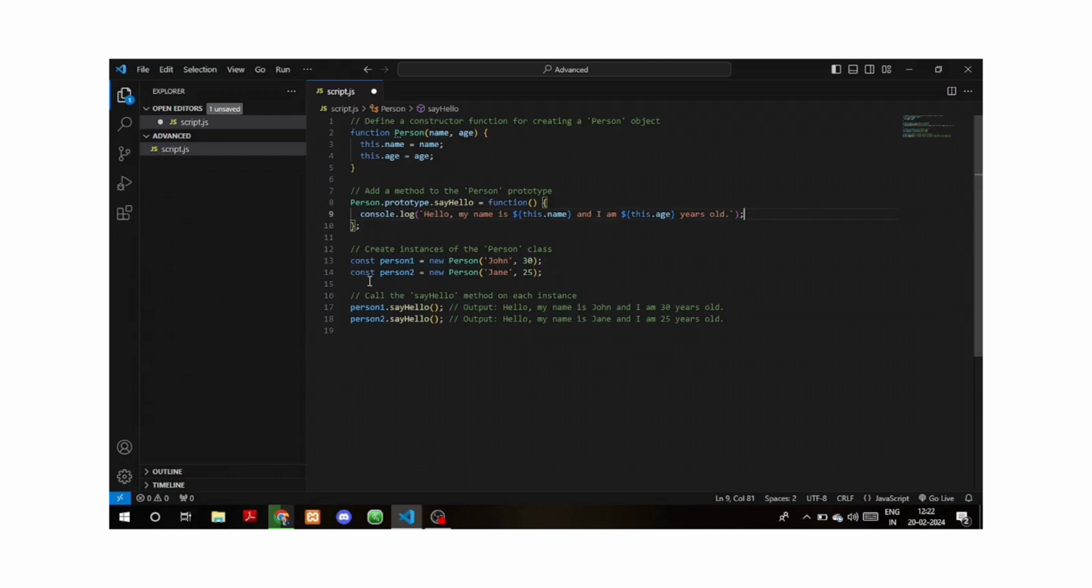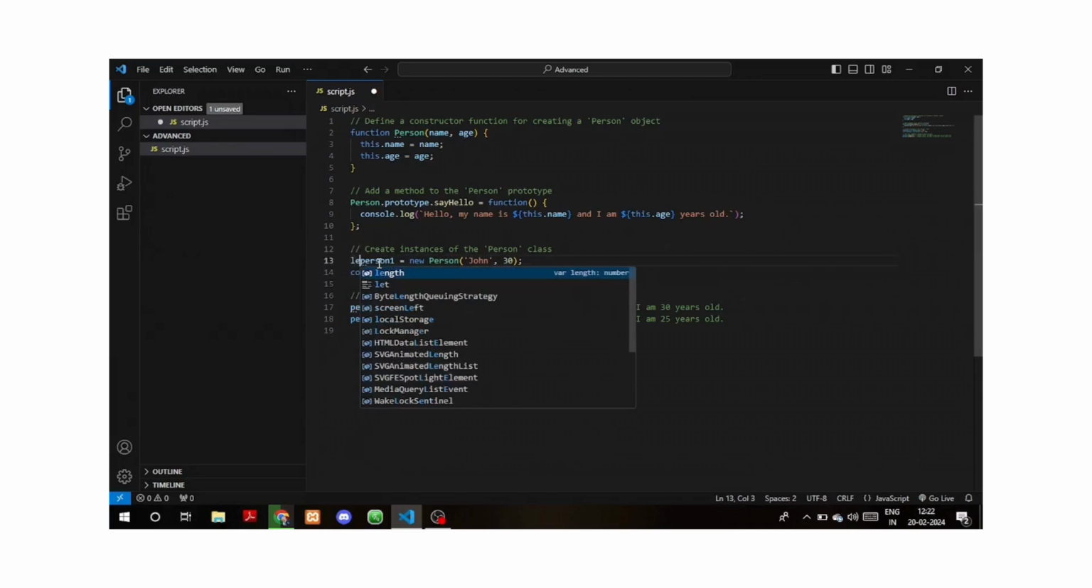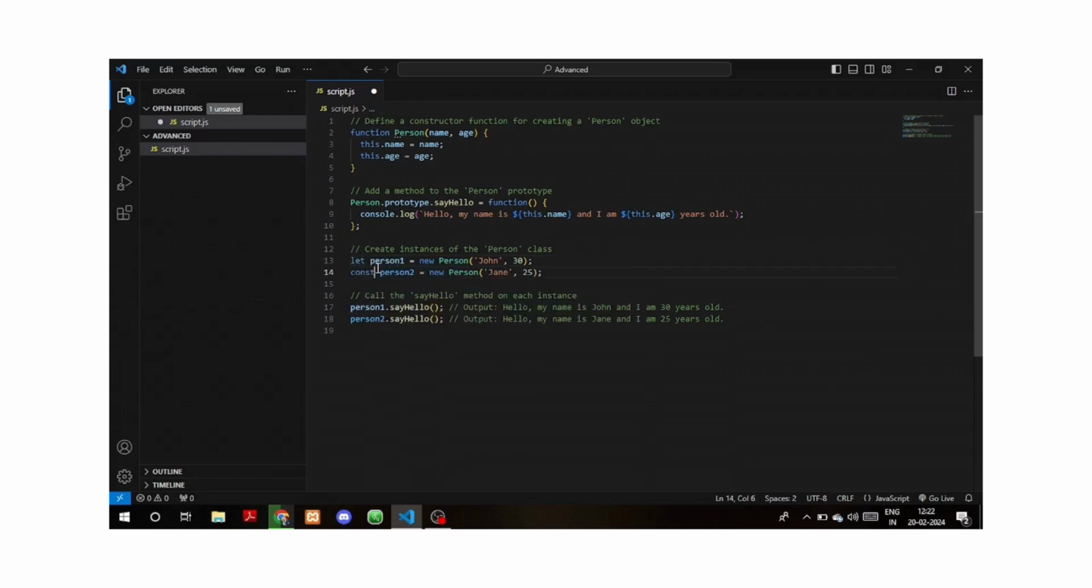const person1 is equal to new Person. So here the name and age. Here I use const because I don't need to change that name. If you don't need to change it, you can also use let to declare the variable. So